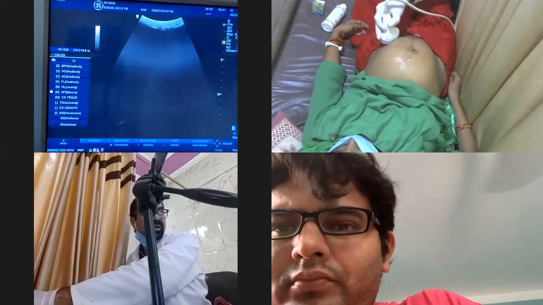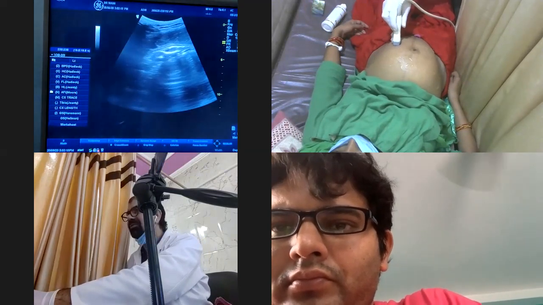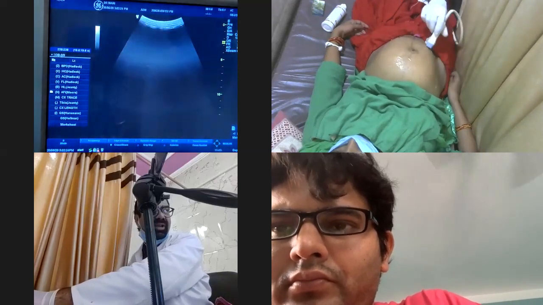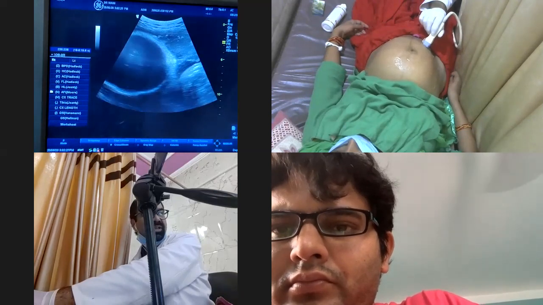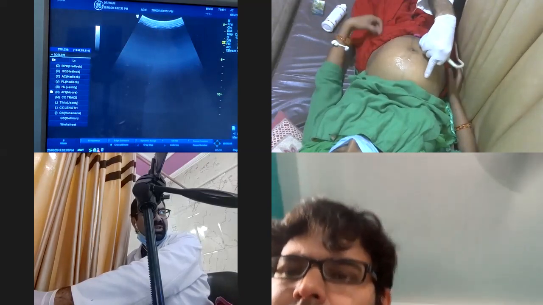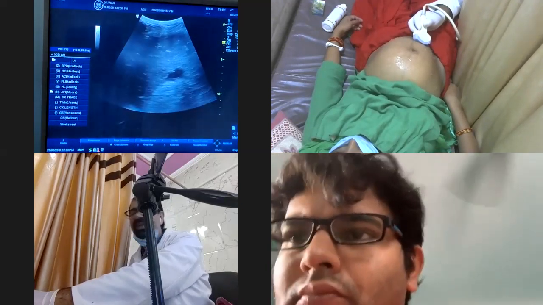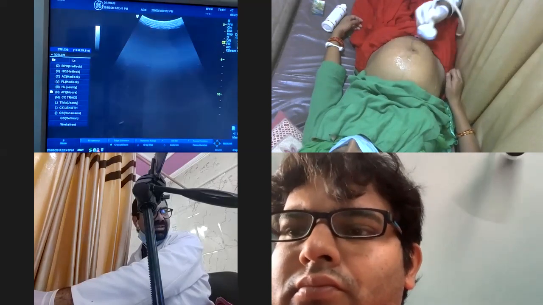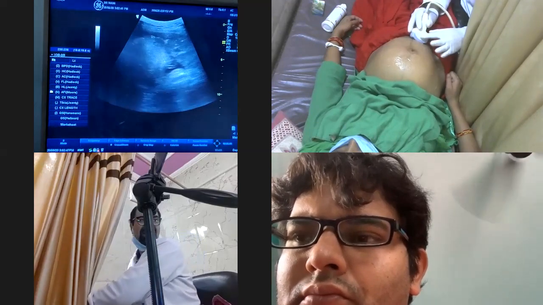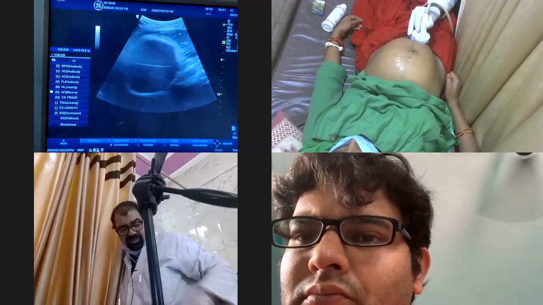Now see what I told you. When you are taking 4 quadrants, you have to keep your probe as perpendicular as possible. This is 1 pocket, 2nd pocket here, 3rd pocket here, 4th pocket here. What is the point? The point is that if there is some fluid over here, for example in this pocket, and I angle my probe from here, on screen it will look like there is a pocket or there is not a pocket, but which pocket am I scanning right now? I am sending the beam to this pocket. So keep your probe as perpendicular as possible.